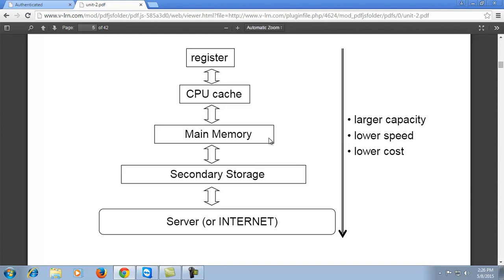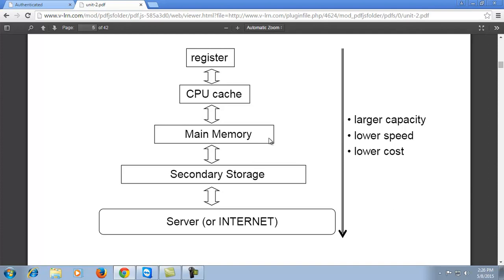The registers represent the temporary storage, or the medium result holders for the CPU. Next is the CPU cache, which acts as an interface between the main memory and registers, and it becomes more effective when we interact with the system.